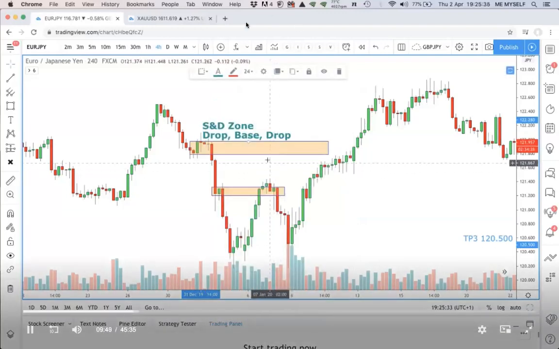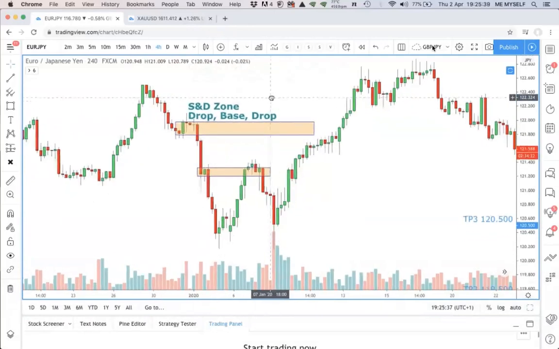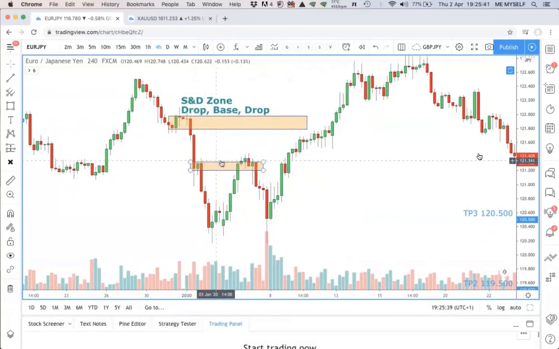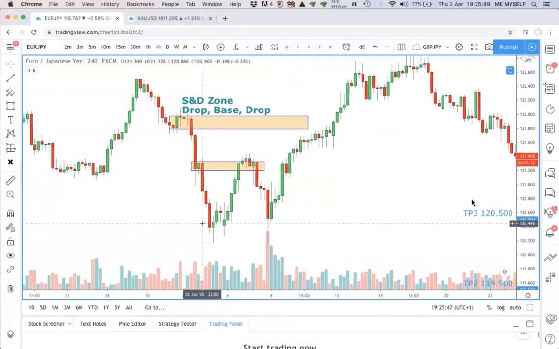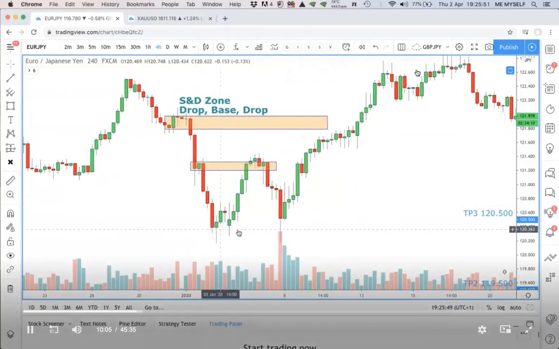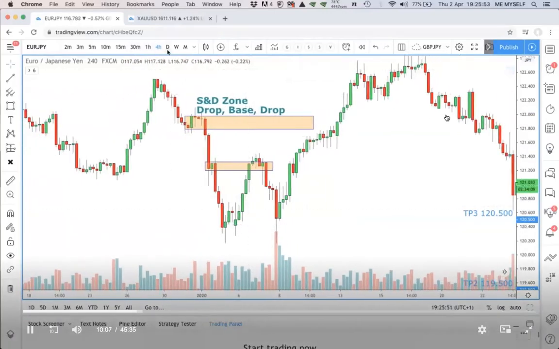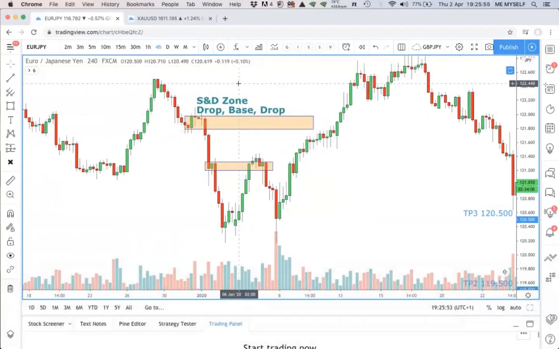Okay, right there. Same thing here. Now, as price pushes down, and then we have a reversal to the upside. This is another supply and demand zone here. Now, I'm on the 4-hour chart, but this thing happens on the monthly chart, on the weekly chart, on the